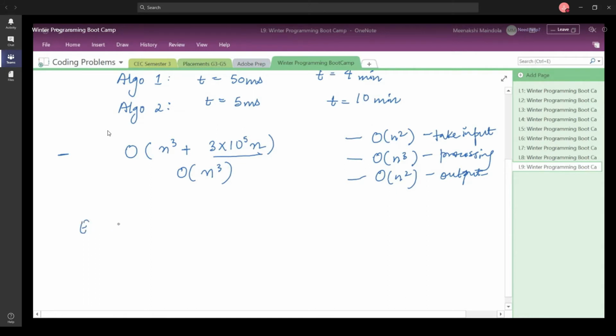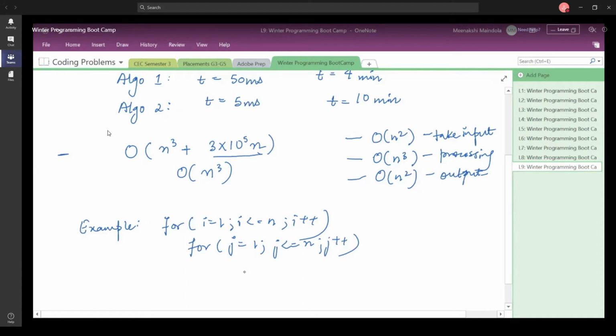Let us say you have for i is equal to 1, i less than or equal to n, i plus plus, and then you have another loop inside this, which is j is equal to 1, j less than or equal to n, j plus plus.